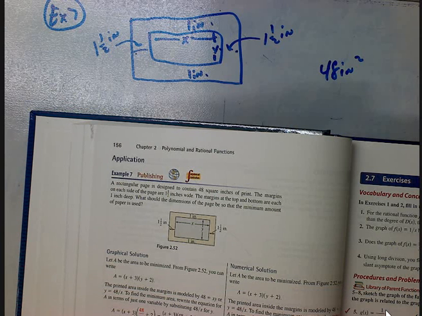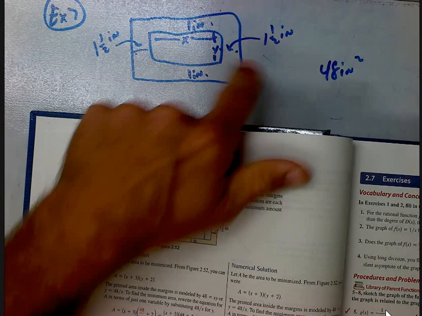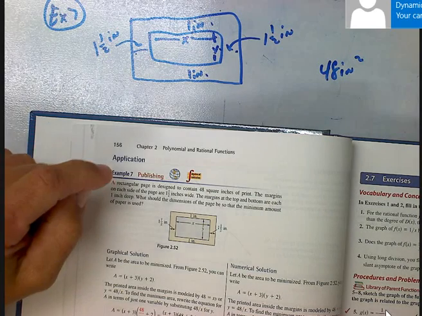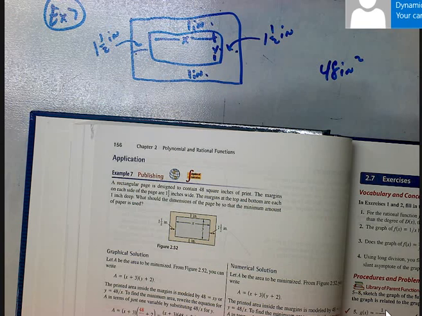Okay, for example 7, it says a rectangular page is designed to contain 48 square inches of print. So I've drawn a picture of a page here. The margins on each side are 1.5 inches, so I have 1.5 inches on each side for margin. Top and bottom margins 1 each, so 1 inch top, 1 inch bottom. And it says what should the dimensions of the page be